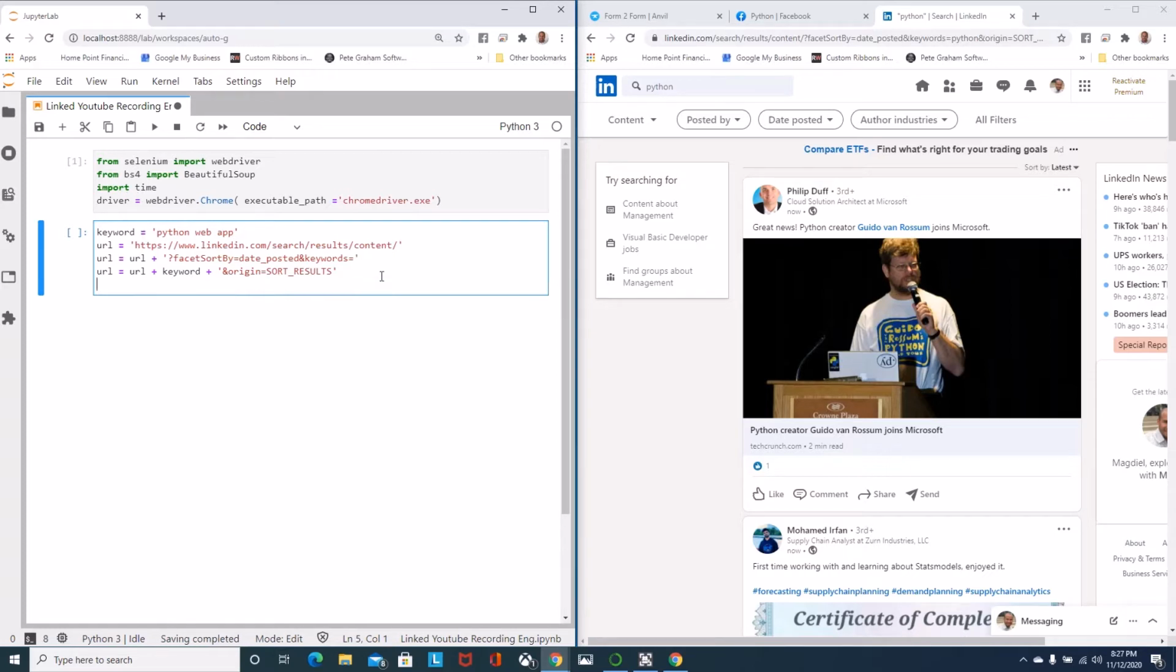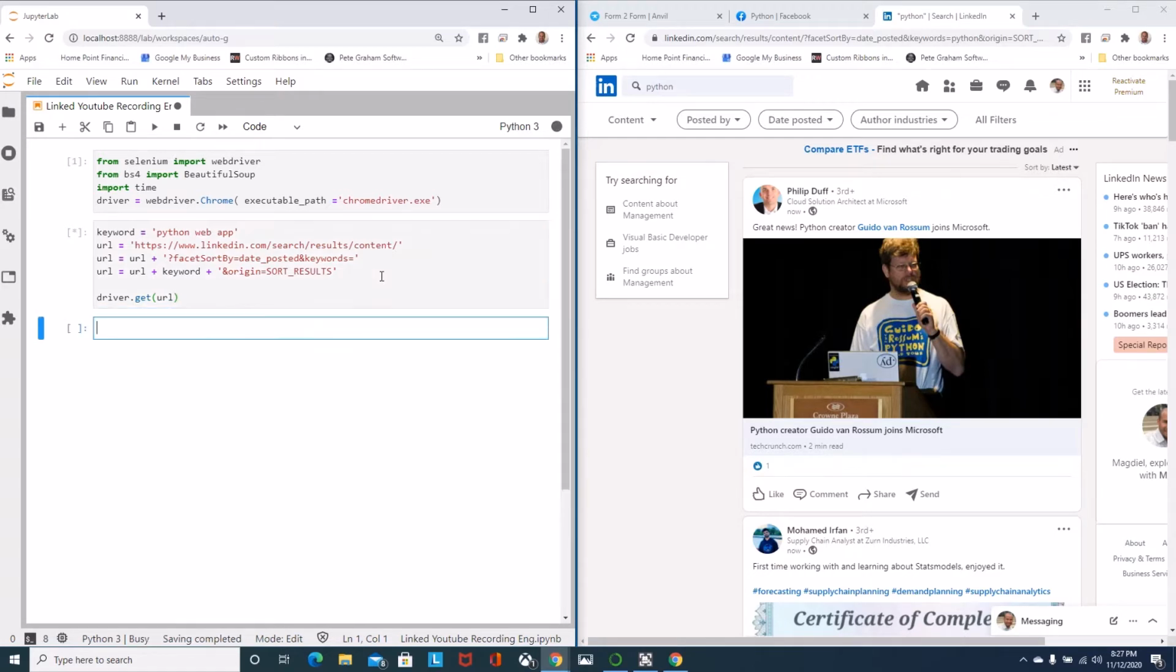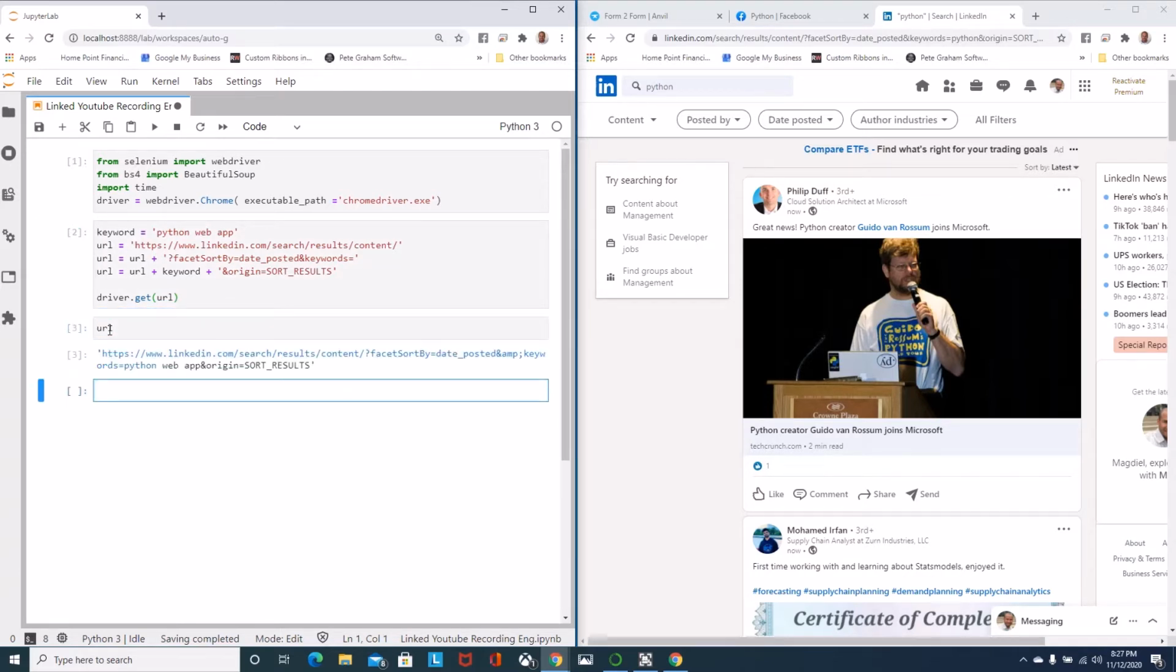and if we say driver dot get URL and run the script hitting shift enter, nothing happened. So what's going on? Something is not right in our URL. Let's print the URL so that we can see it. Okay, so there is the break in our URL, so we have equal keywords,